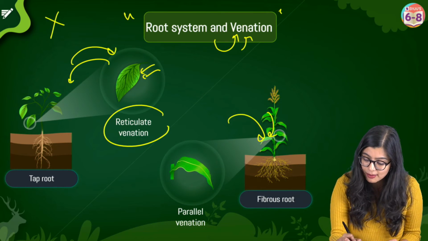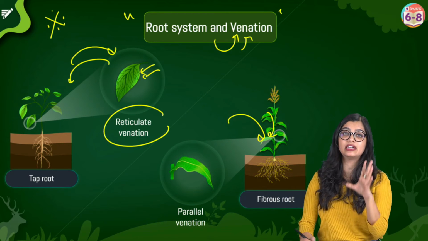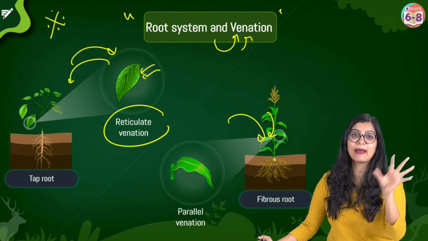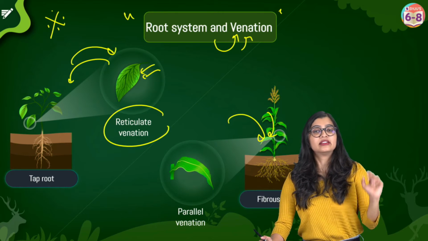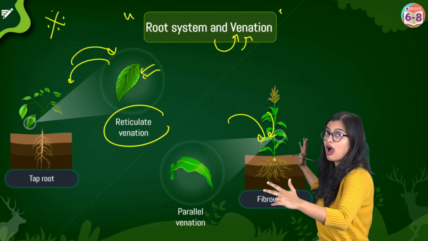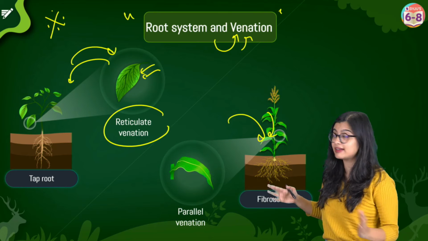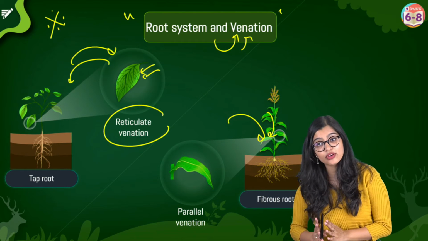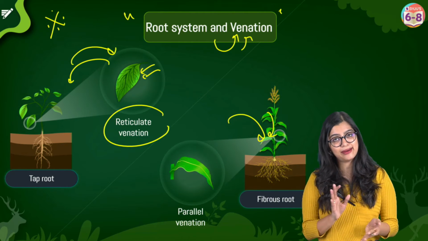Students, please star mark this pointer because this will come in your examination where they will tell you, right? This particular plant has, let's say, parallel venation. Identify the root system that you will see in this plant. This is a sure shot question. Or else they will even ask you to explain how the root system is related to venation. So you will have to say how they are related. That will come for 2 marks, right? So please star mark this point, and in case you have not understood, please go back, rewind and watch it again so that you understand better.